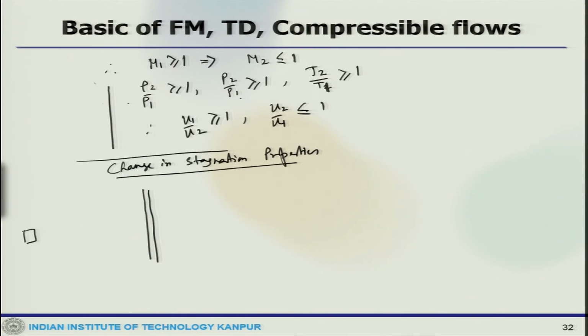Let us say we have a fluid particle like this, with m1 greater than 1. So, m1, p1, t1 and s1. This is an imaginary place, a state 1a,